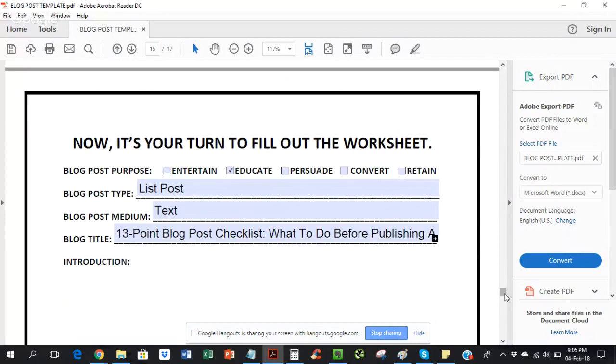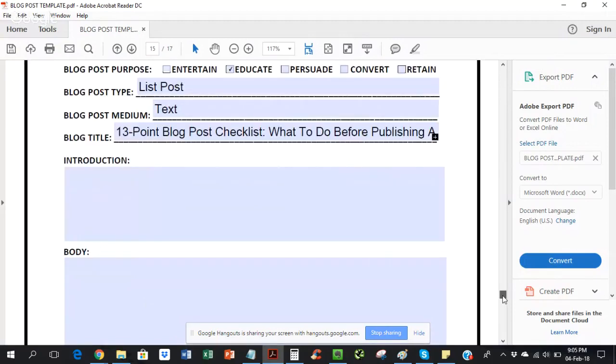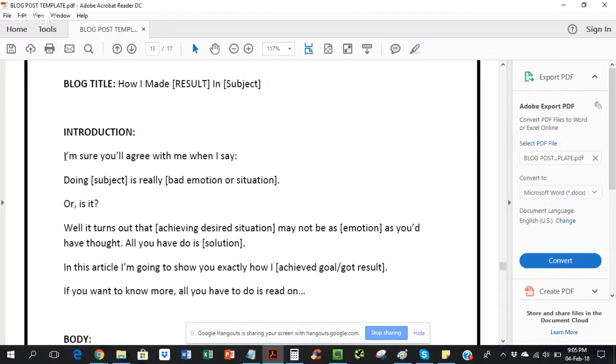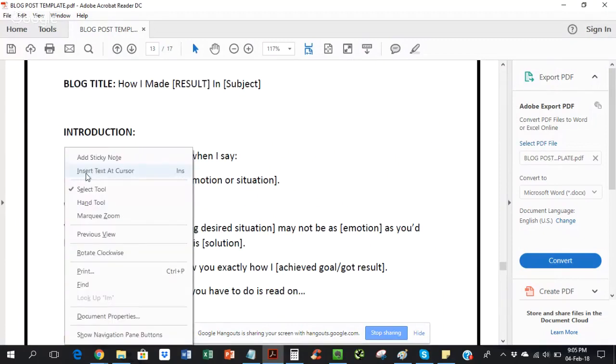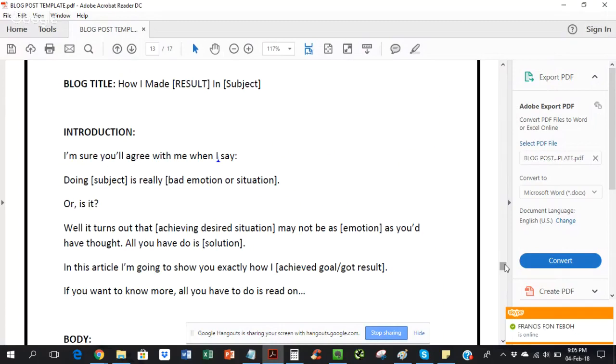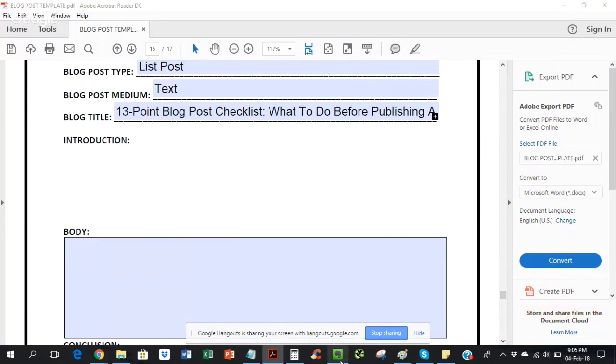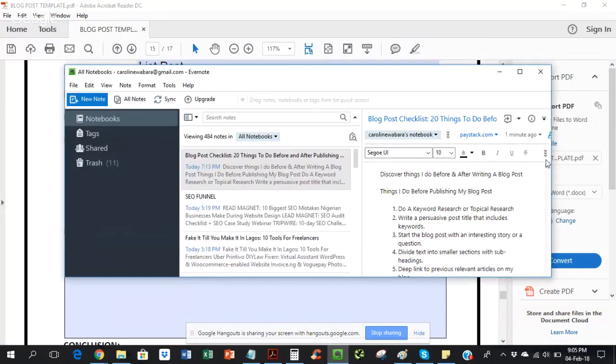Now the next stage is the introduction. This is where you want to hook the readers to continue reading more in your content. So what I do is I use this template. I'm sure you can see, I'm sure you agree with me that what I'm about to say. Okay. So what I like to start my introduction with is either a story or a pain point that the reader has. So I'll go back to there. I've written it on Evernote. Okay, so I'll go here and say,